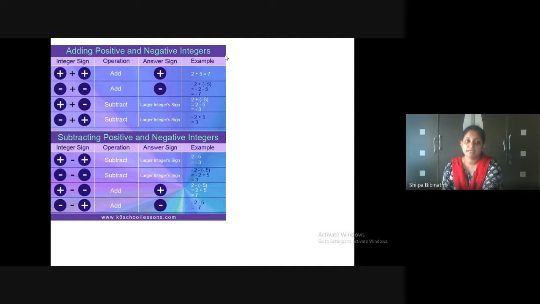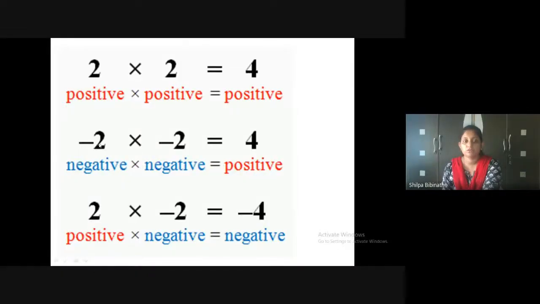Now coming to the next part, that is multiplication of integers. If both are positive, the answer will also be positive. If both are negative, the answer will be positive. If you see 2 minus signs here, the answer will be positive. In case of multiplication, please remember that. If you see two different signs, you are always going to put negative. You need not check which number is greater in case of multiplication. If you find one negative number, the answer will always be negative. So you need to know these concepts well.